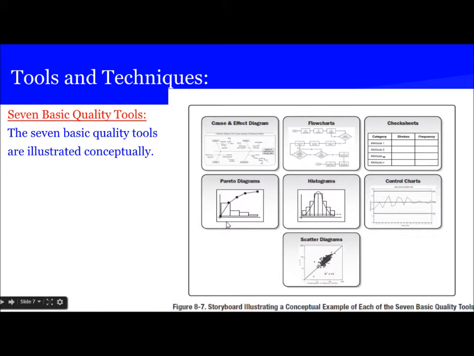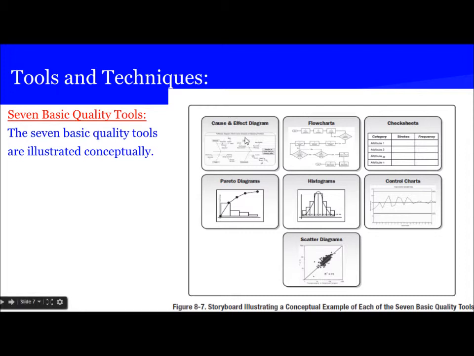Pareto diagram is a type of histogram, a rank or hierarchical ordering by frequency of occurrence. It shows defects by type of identified cause. Identify the vital few causing the greatest number of defects first. So this is like a histogram. It is based on the frequency, so it is drawn from the highest number of defects to the lowest. And this side is the cumulative. This curved line is the cumulative percentage, and this side shows the frequency.